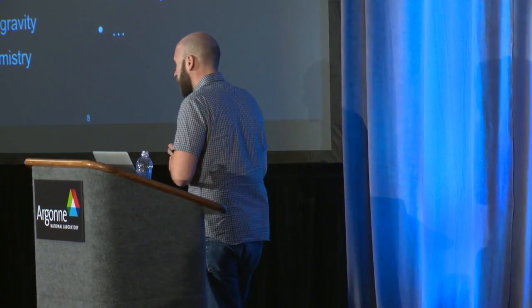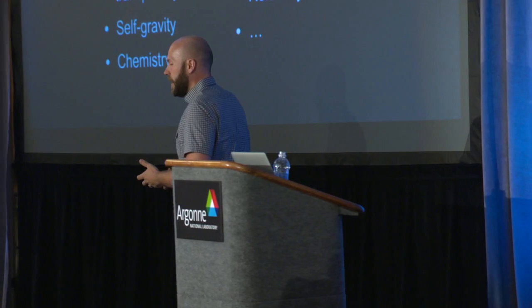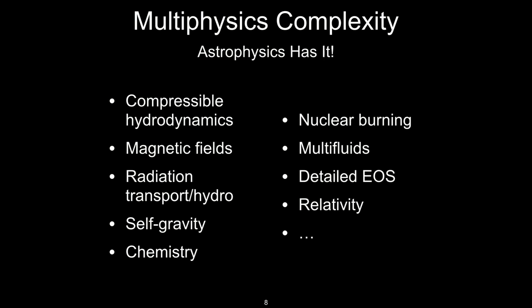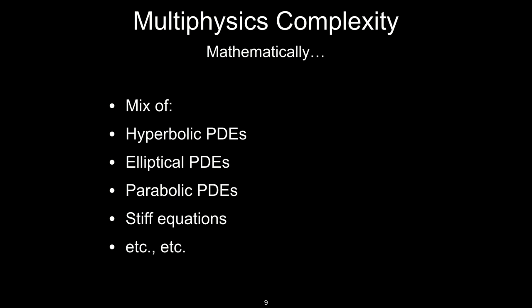And so leaning on a community to help you develop that, to build tools of these various different components that are trusted, that are tested, that are reliable, that you can then incorporate into your problem is often critical. Again, it's too complex to sit down and write your own code from the top that does all of these things. So the physics is complex, but then the mathematics is also complex.